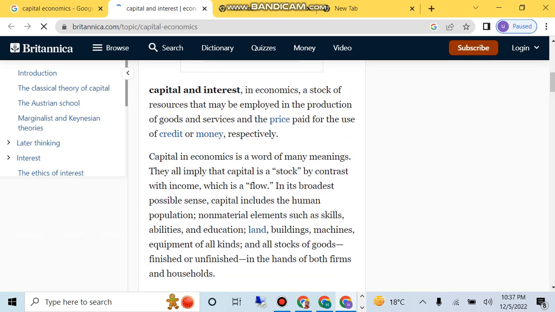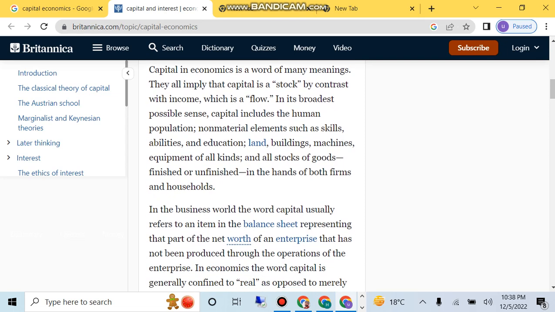Capital and trust, in economics, are a stock of resources that may be employed in the production of goods and services, at the price paid for the use of credit or money, respectively. Capital in economics is a word of many meanings. They all imply that capital is a stock, by contrast with income, which is a flow. In its broadest possible sense, capital includes the human population,